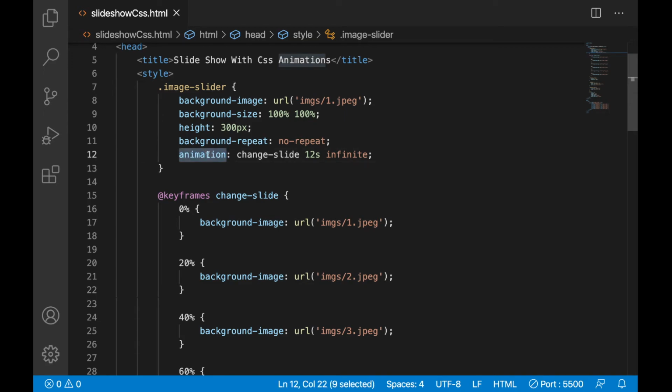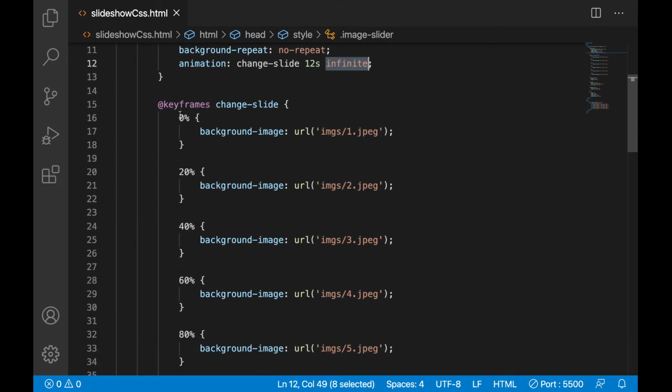How will we apply the animation? Animation colon, animation name, and animation duration, which is how much time this complete animation should take. And infinite means the number of times this animation should happen. Inside the animation I have used keyframes for defining how it should animate.